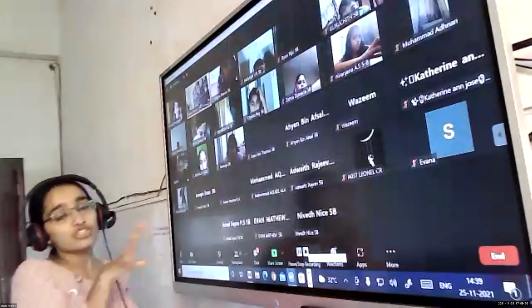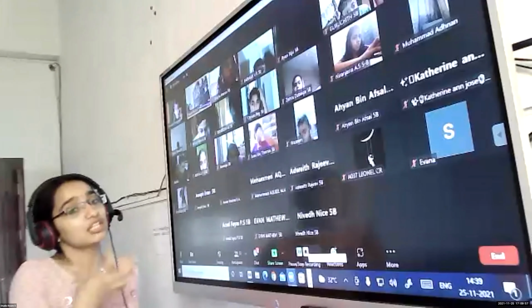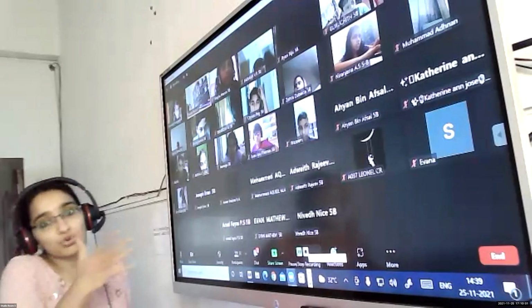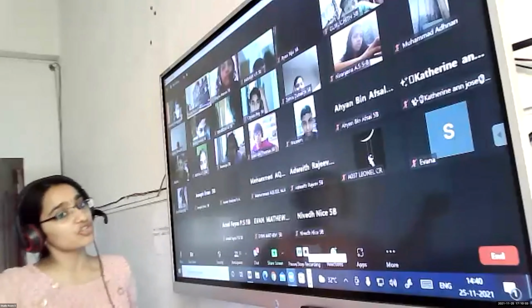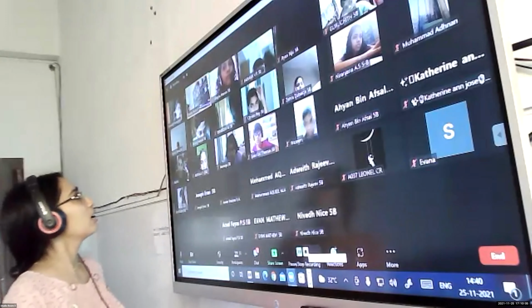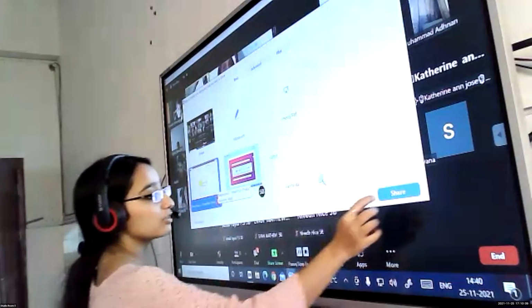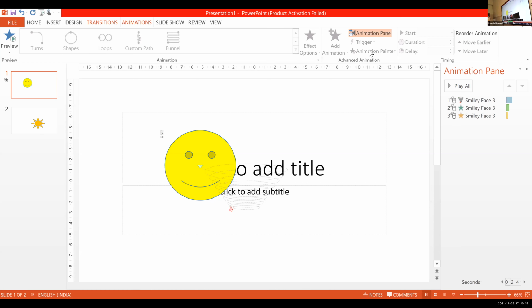If you want transition, if you want to do anything related to transition, if you want to add an effect related to that, you have to go to that tab. And if you want animation, there is another tab. So first you just listen, look at the screen. We are going to select our transition. I'm going with this one. And if I want to apply it to all the slides, I'm going to choose this.